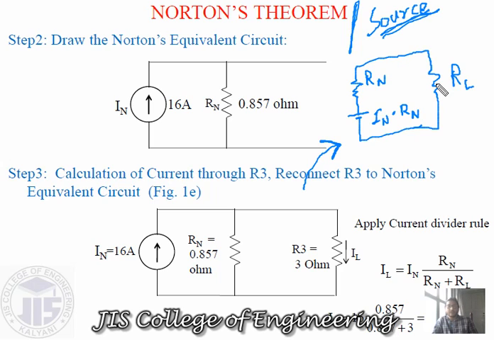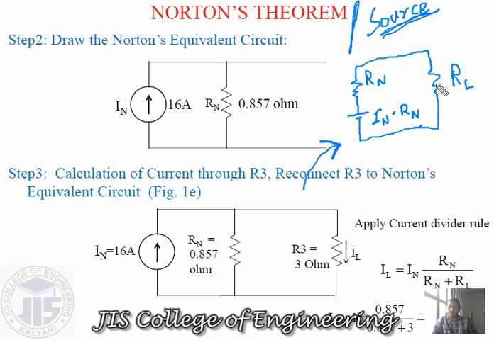This is the same thing. For the Thevenin resistance or the Norton resistance, we are just looking from the load side. After removing the load resistance, we look from the load side, and at the same time we remove all the sources, replacing whatever sources are there with their internal equivalent resistance. So the value of the Thevenin resistance and the value of the Norton resistance are the same.